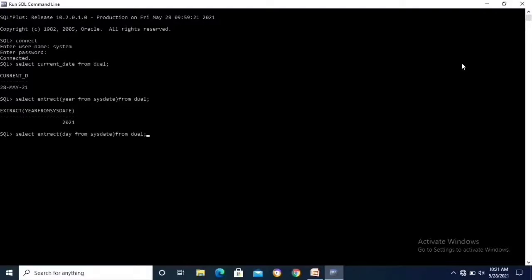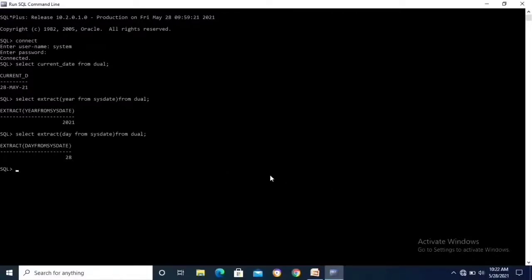This command is used to display the day from the system date. Press enter key. So it displays the present day. The day is 28. My system date is 28. If you look at this cursor, the system date is 28. So 28 is displayed.